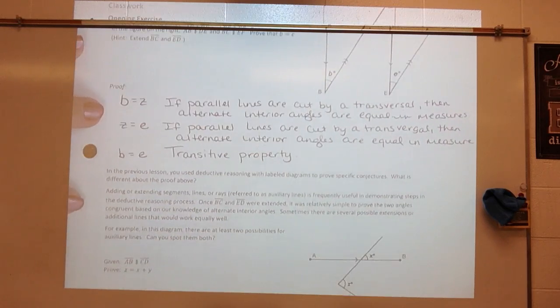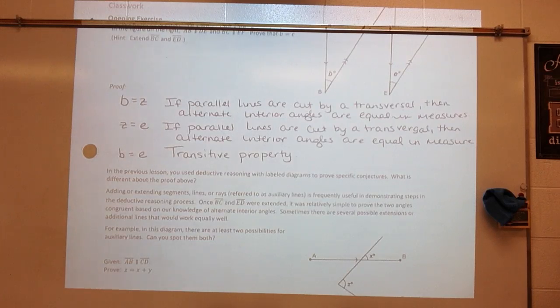In the previous lesson, you used deductive reasoning with labeled diagrams to prove specific conjectures. What is different about the proof above? Adding or extending segments, lines or rays, referred to as auxiliary lines, is frequently useful in demonstrating steps in the deductive reasoning process. Once segment BC and segment ED were extended, it was relatively simple to prove that the two angles are congruent based on our knowledge of alternate interior angles. Okay,